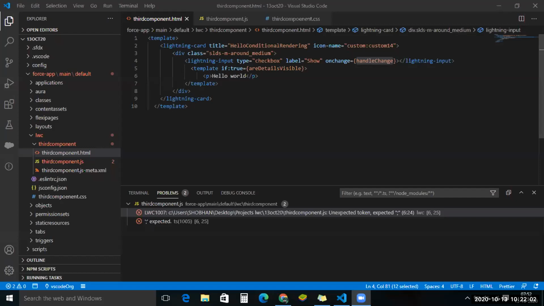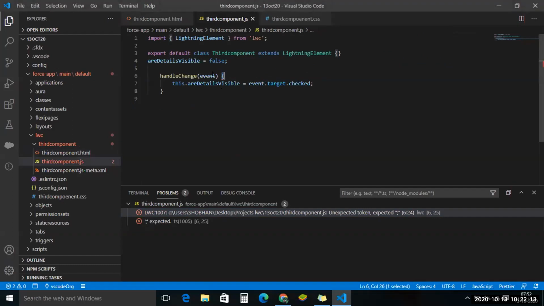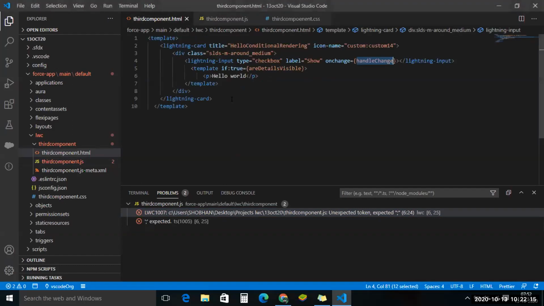There are few errors for me, Smriti. I'm trying to troubleshoot them. Do you want to share? Yeah, sure, I can try to fix it. Guys, let's try to fix this code. Let me know if you can see my screen. Yeah, we can see. This is the HTML page.